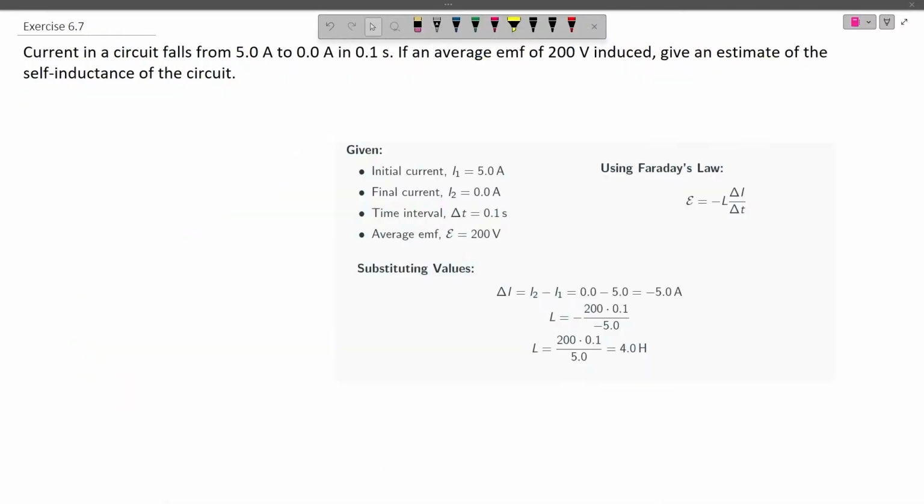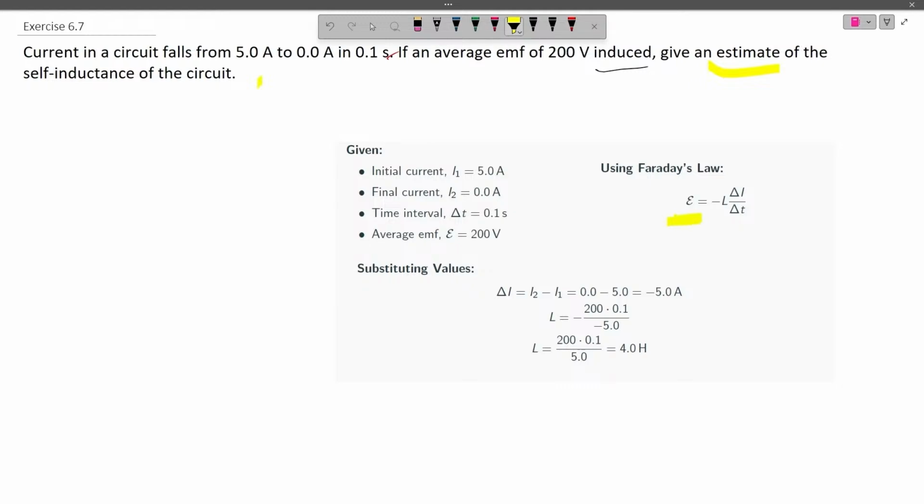The question says that current in a circuit falls from 5 ampere to 0 ampere in 0.1 seconds. If the average EMF of 200 volt is induced, give an estimate of the self-inductance of the circuit. Now we know that self-inductance is a property of the circuit where the change in current in a circuit induces an EMF in the same circuit. Now Faraday's laws of electromagnetic induction says that induced EMF would be equal to